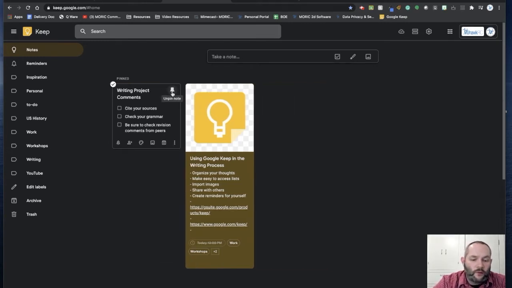So it's a really, really handy tool for you as a teacher and for your students as well as they're working. Sometimes this list can get really, really long, just like a Google Drive can get really confusing if you're not organizing things into folders. So one way to kind of organize that and keep your most pertinent things at the top is to use that pin feature.